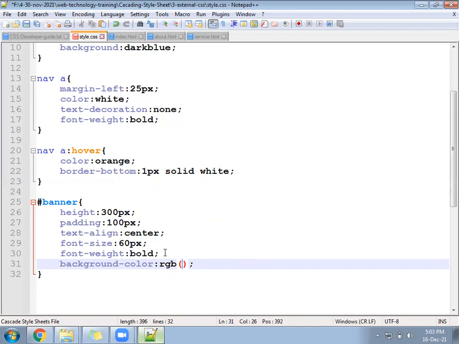So suppose red, the first number is R. For red we take 50. Green we took somewhere 80. And blue we take somewhere 120. We wanted to make something a dark color. So from red 50, from green 80, and from blue how much? 120. And mix all three together. And after that, see which color is going to come.